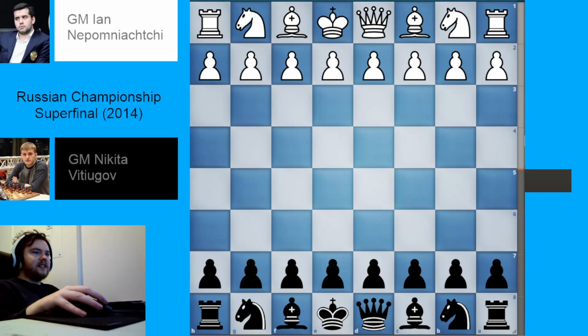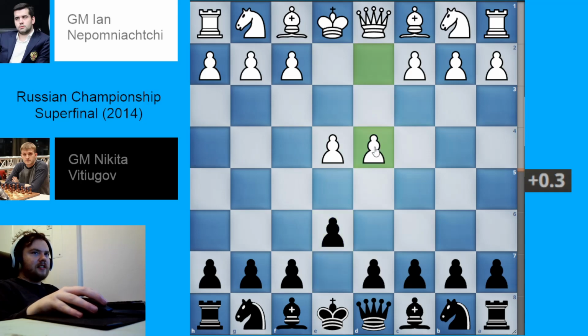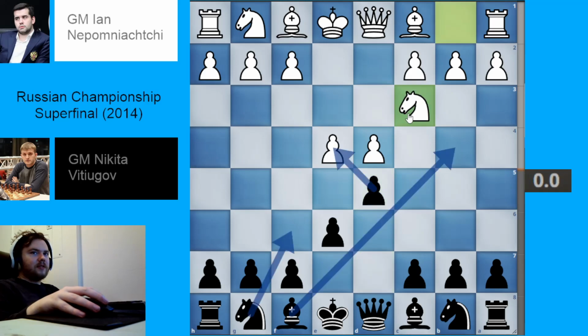So the French defense is when we have the moves e4, e6, d4, d5, and the Winawer variation starts after white plays knight to c3. This line, this move, has many different names. It's known as the Paulson variation. It's also known as the normal variation or just the French main line. It is a very important move to study, very important move to have a response to